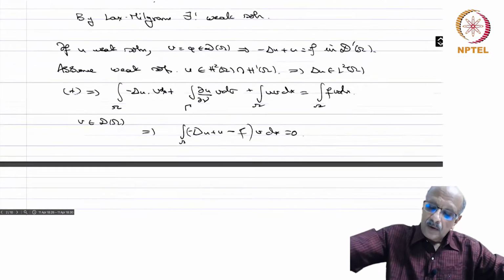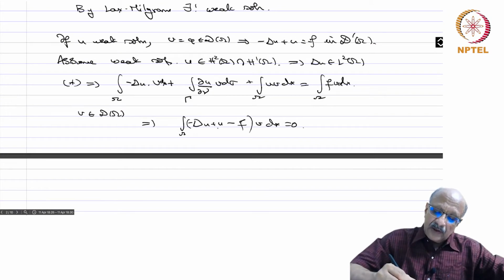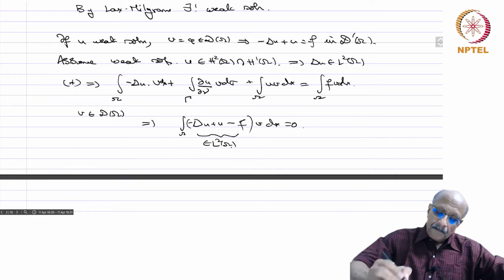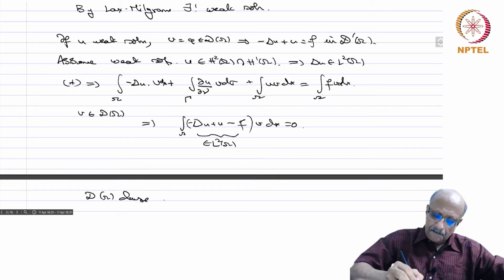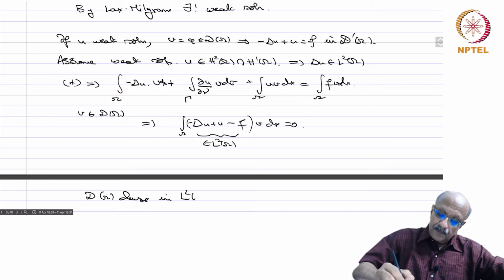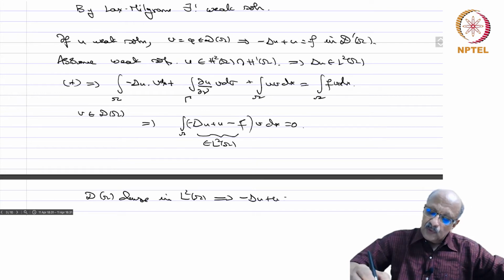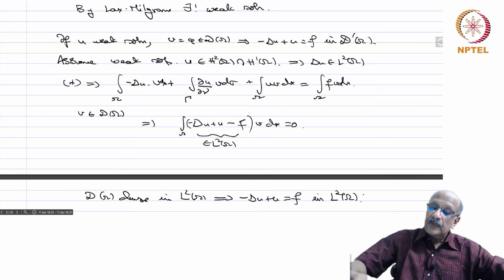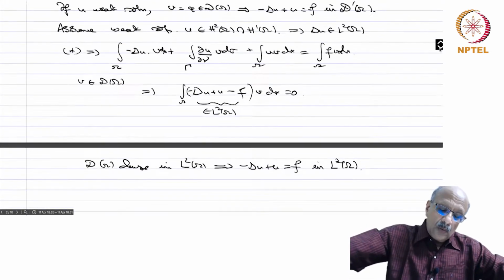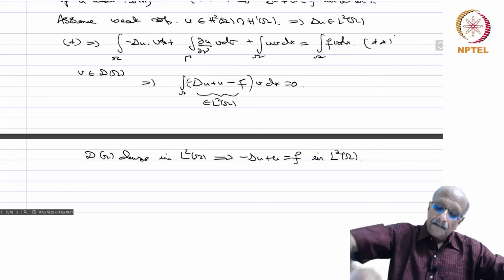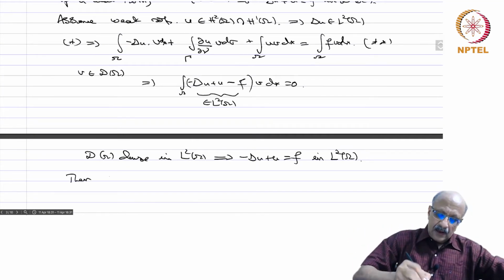Now we know that minus Laplacian u, u, f are all in L2 of omega, and you have D(omega) dense in L2 of omega. So this implies that minus Laplacian u plus u equal to f in L2 of omega. So as functions of L2 of omega, this is true. So now if you go back to star, call this double star, then double star